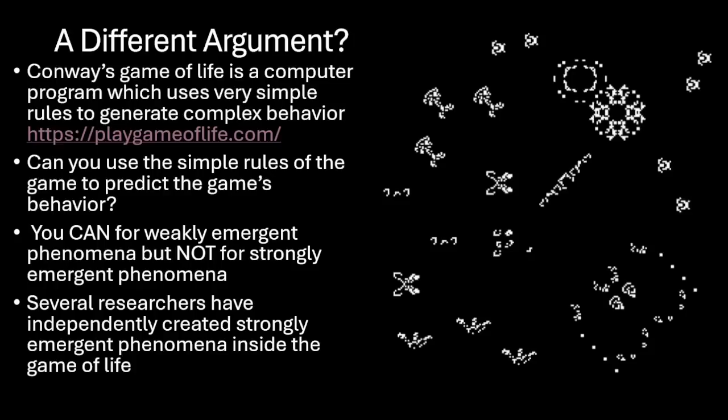And you might be thinking, well, this is a computer simulation. Maybe it doesn't apply to real life. Well, first of all, it's a computer simulation in real life. Secondly, it's a very, very simple system. The rules are really simple, whereas the rules that influence particles are very complicated. The math is really complicated and involves quantum mechanics and huge numbers of particle interactions, and the calculations are enormous. And so it's hard to believe that this super simple system can give rise to strongly emergent phenomena, but the particles of the standard model can't.